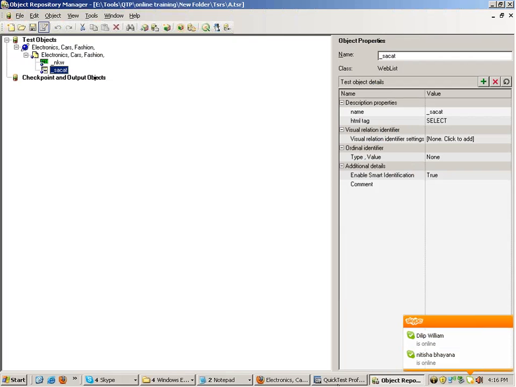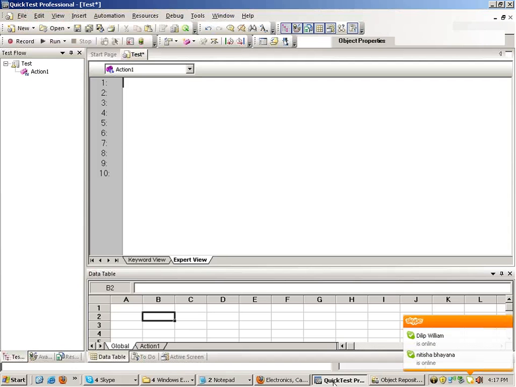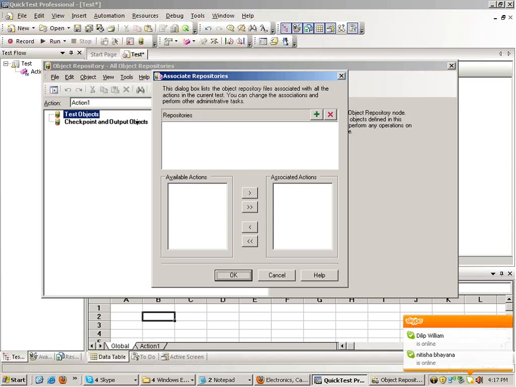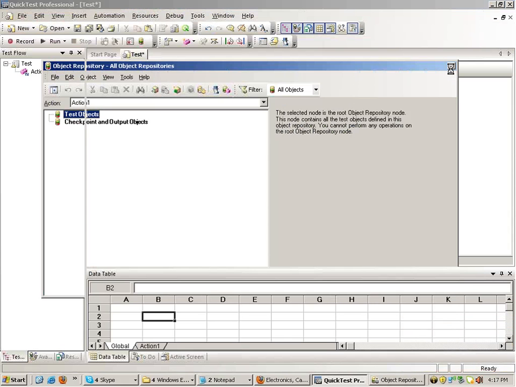So this TSR file can be associated with as many test cases as you want by going to your object repository, clicking on this icon and adding it. Fine. This is what I told you yesterday.